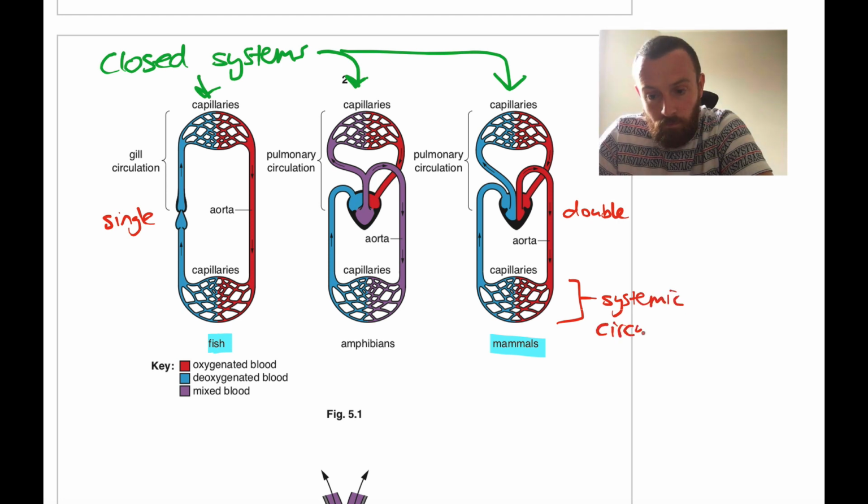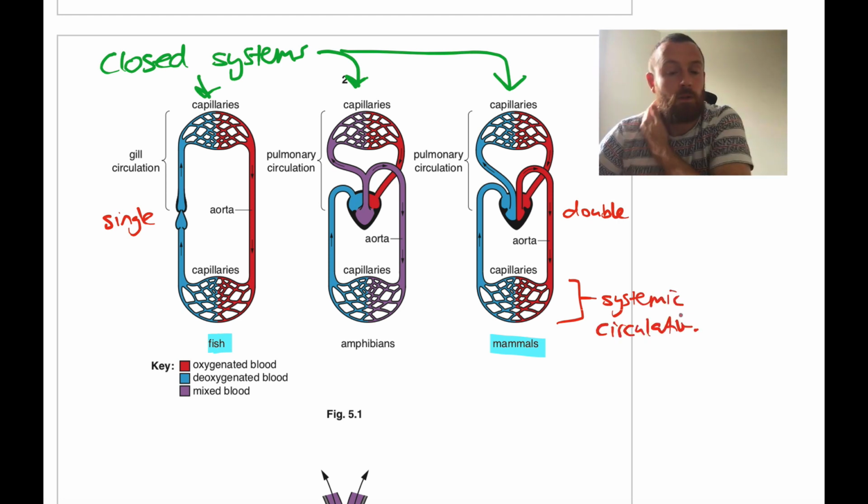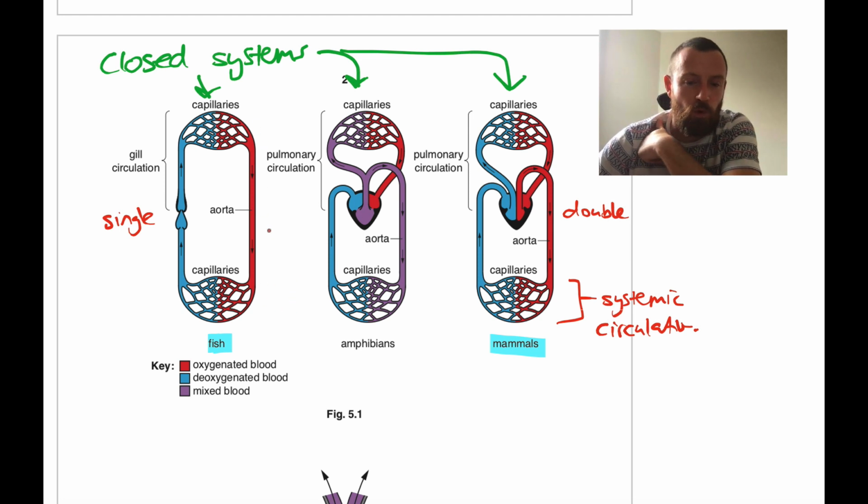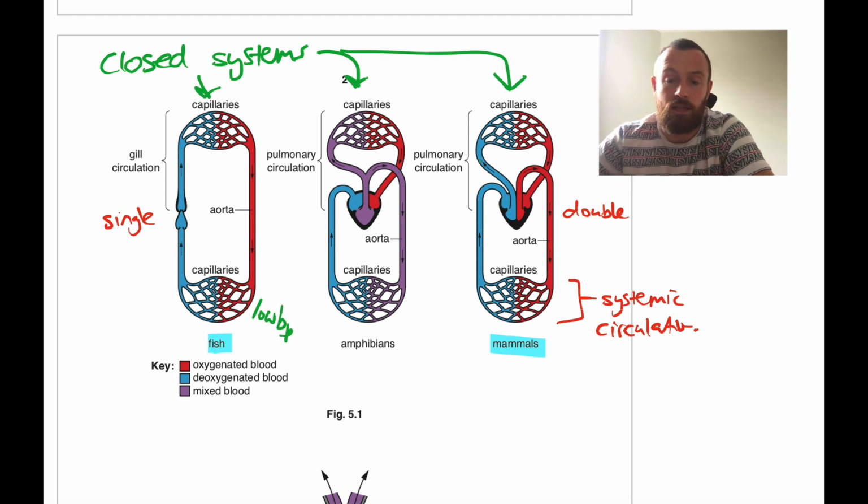So if you wanted to use this terminology. For example, in the fish, the blood goes through the capillaries of the gill, and then travels via the aorta to the capillaries of the body. Remember, we also said in our mind map that this means there's quite low blood pressure by the time it's getting into the body, whereas in the mammal system,